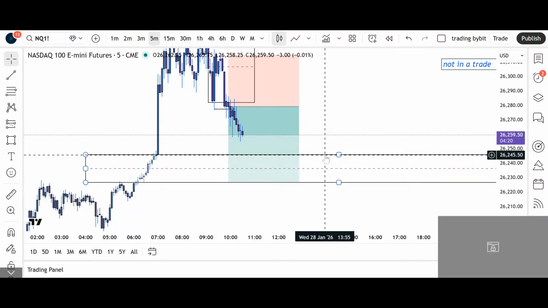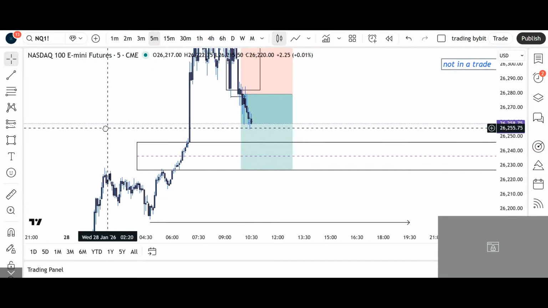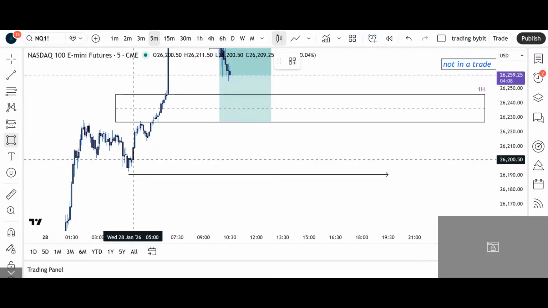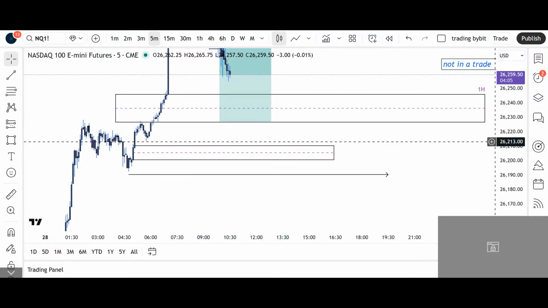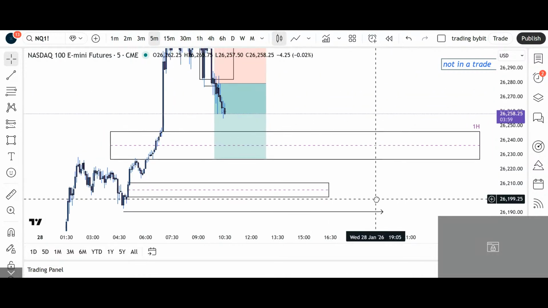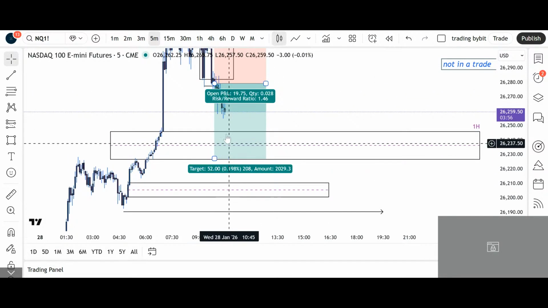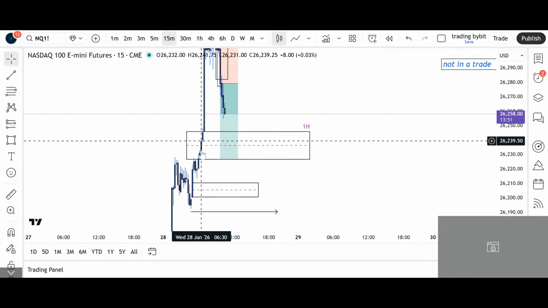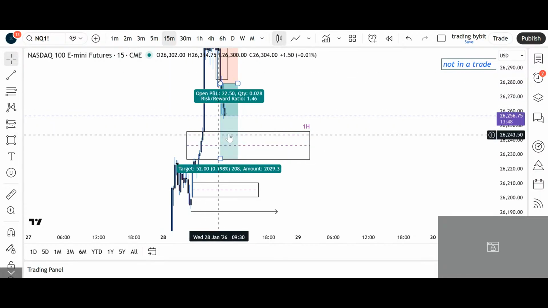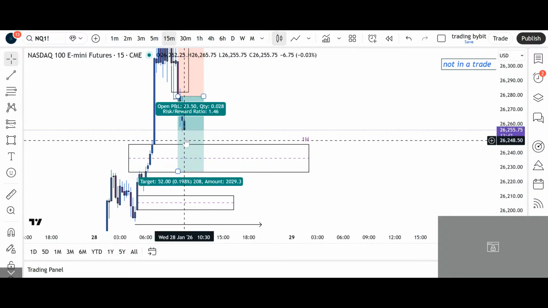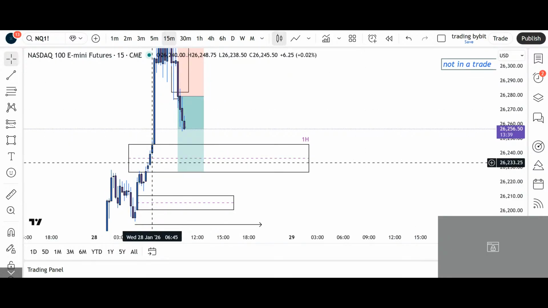Would definitely put your stop at break even once we hit this hourly fair value gap. We're very close by. My main idea that I would love to see it come is all the way down here. That would be great, between 2010 and 200. That would be the best spot for retracement back to the upside. But definitely once we hit that hourly fair value gap, we have 15 minutes into it. So I would definitely take a look right here. Once we have a strong push back up, I would take profit. But this needs to move at least to this level. So it's not going to stop until we hit this 1 hour fair value gap.